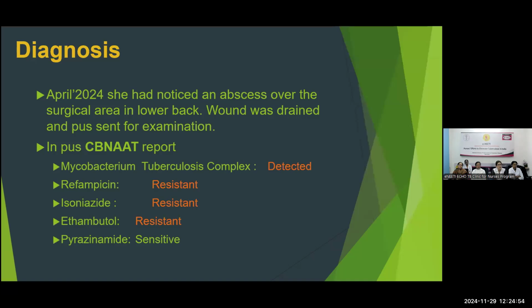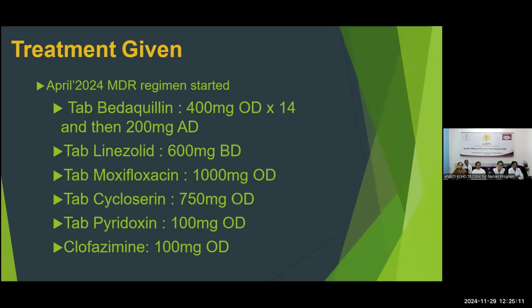In the CBNAAT report, Mycobacterium tuberculosis was detected in her wound pus, and it was streptomycin resistant, isoniazid resistant, ethambutol resistant, and pyrazinamide sensitive. After the pus report, treatment was started immediately for multidrug resistant extrapulmonary tuberculosis, and that started with